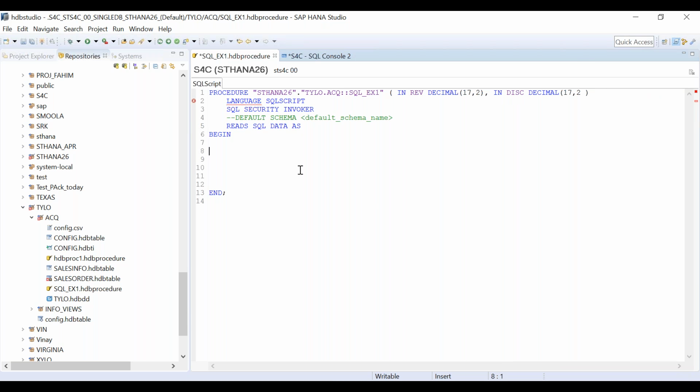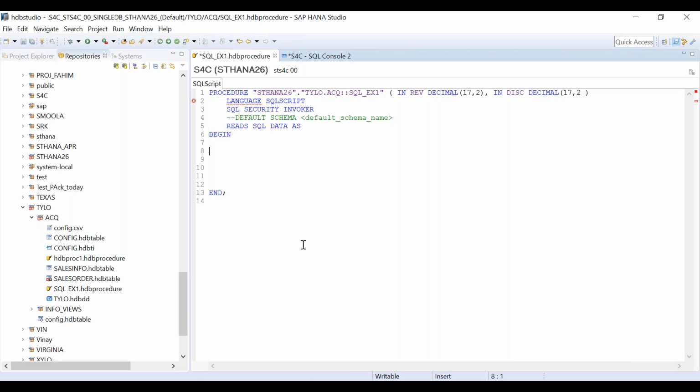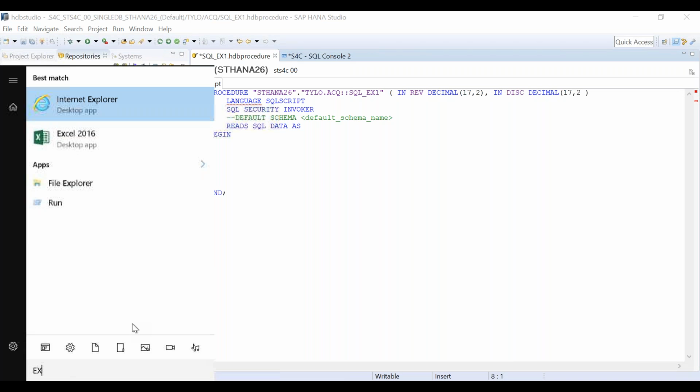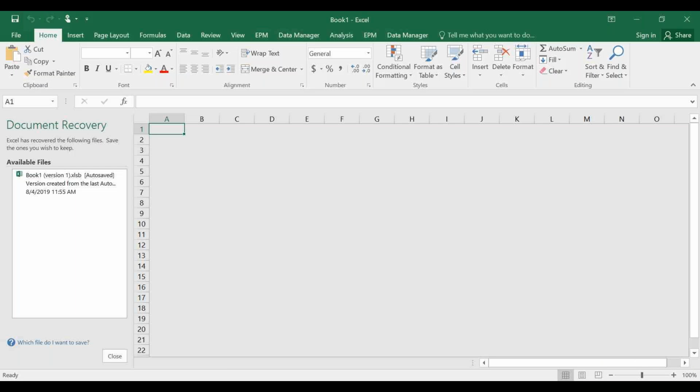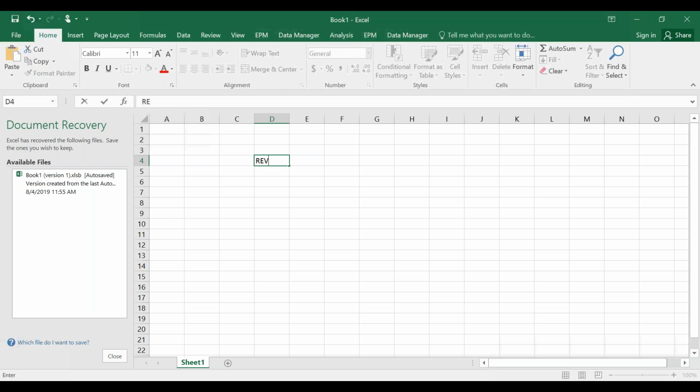So for example, if the user is giving me revenue of 2000 and discount of, for example, 10%.